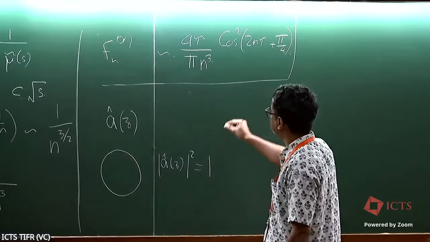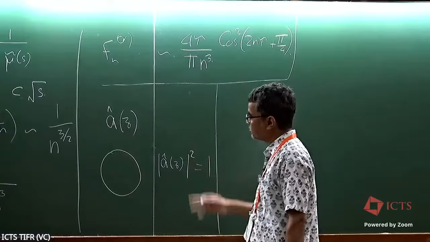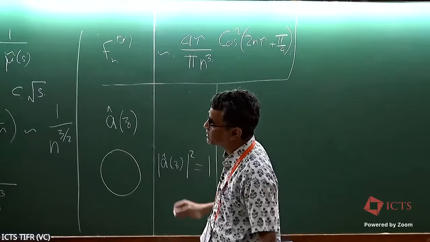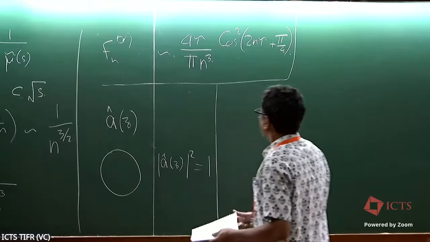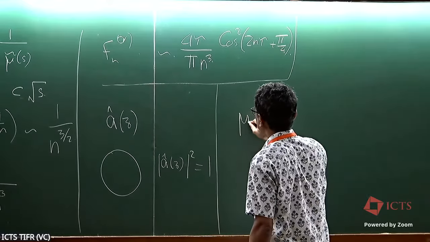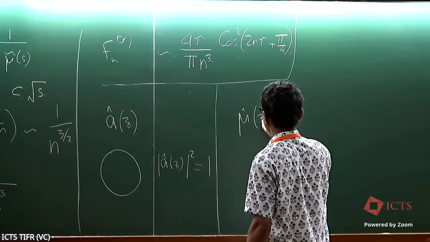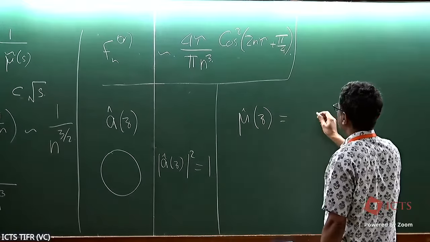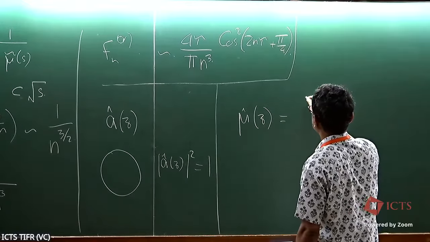There is a very simple way of proving this, which I thought I'll tell you. So basically we have mu of z, which is given by basically,